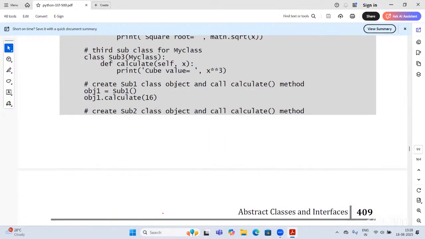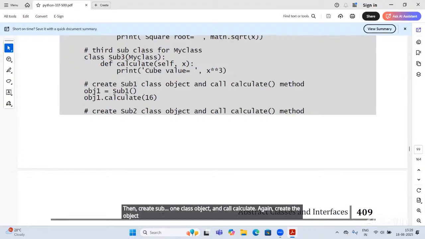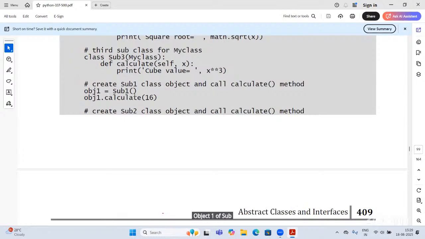Then create a Sub1 class object and call calculate. Again, create the object and call the calculate method. Object 1 of Sub1, then obj1.calculate with 16.